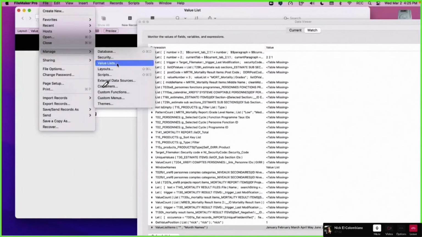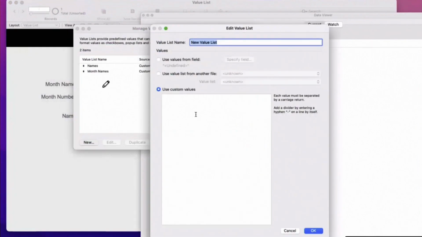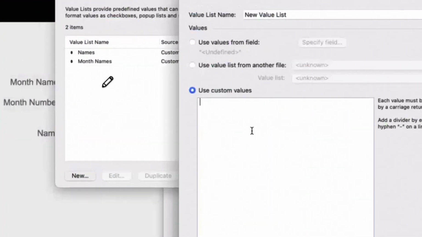When you go to the value list and create a custom value list, you say Monday, for example, Tuesday, Wednesday, Thursday, Friday, and Saturday and Sunday.